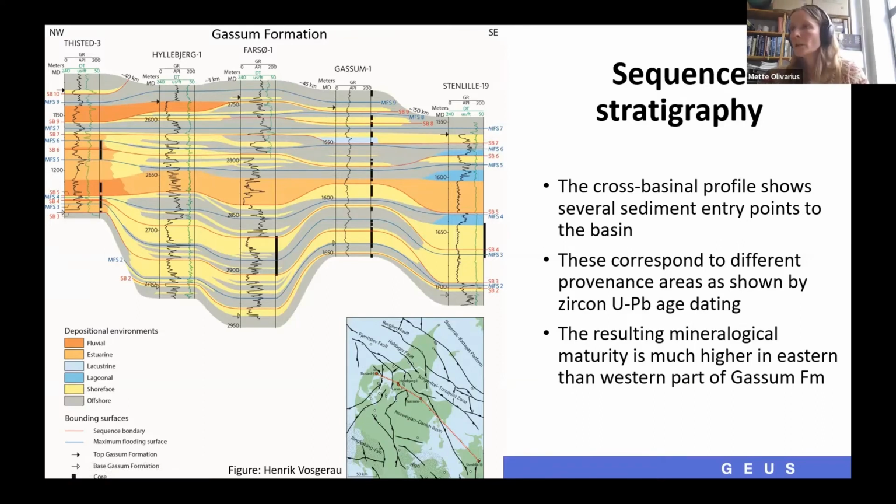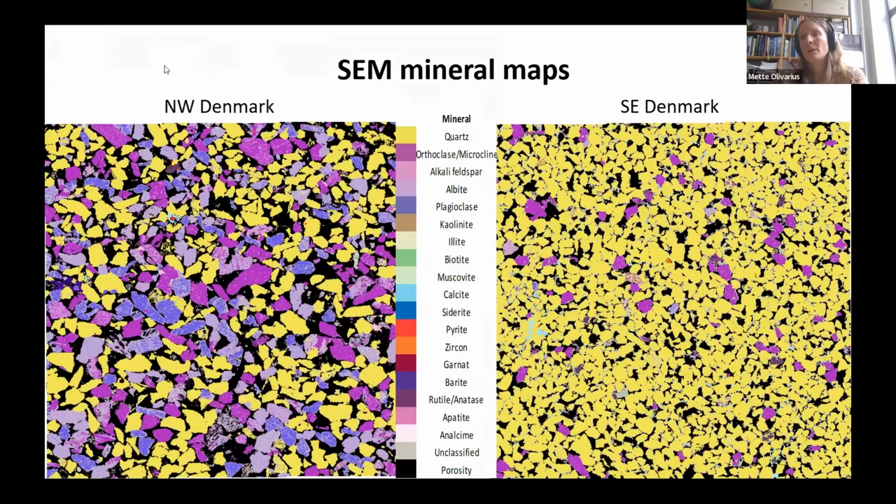Yeah, and here are some mineral maps. And the one to the right corresponds partly to some of those that you're going to look at in the hackathon assignment, showing a very quartz-rich sandstone. And this one has only been buried to about 2 kilometers depth, so there's still a lot of these black pore spaces between the grains. And then there are a few feldspar grains and some clay in some areas, some carbonate.